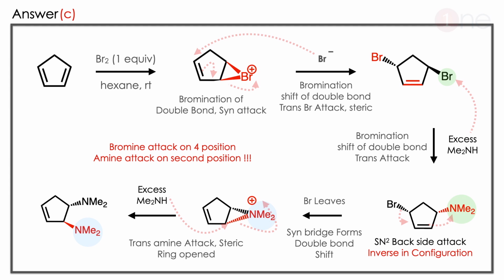The reactions may be complicated, but you have to see that the double bond near the bromination reaction is making the reaction very different. Here you have to see that the bromine attack happened on the 4th position, but the amine is attacking on the 2nd position. All the difference you are seeing is coming from the double bond near the bromination reaction. In the next step, when the amine attacks, it always attacks on the opposite position due to the same steric effect. Here you have to learn two things. One is bromination is always anti fashion and in SN2 reaction inversion in configuration always occurs. So you have to account for the steric effect and inversion in configuration.